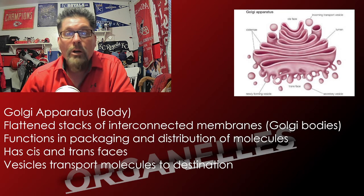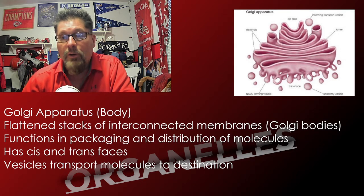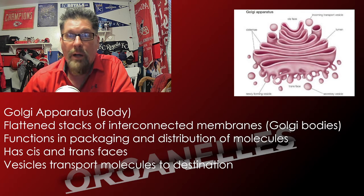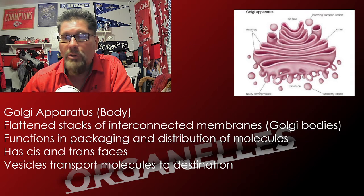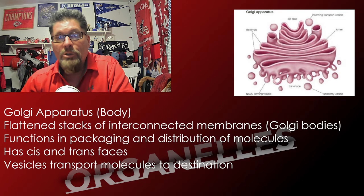Now when we're talking Golgi Body, we want to reference the endomembrane system that we've already talked about. It's a member of that. It's an important member of that. You can think of the Golgi Body, Golgi apparatus. Again, you'll see both names in websites and textbooks. But it's all about packaging. Once the proteins are made and have gone through the rough ER, they make their way to the Golgi